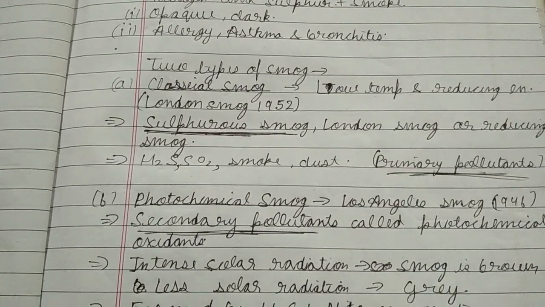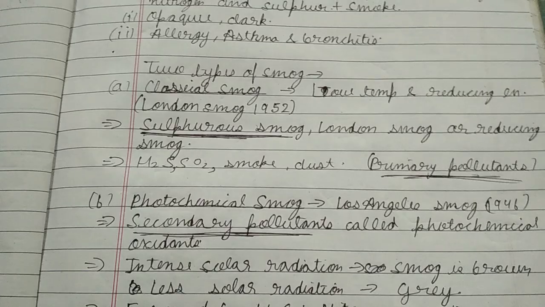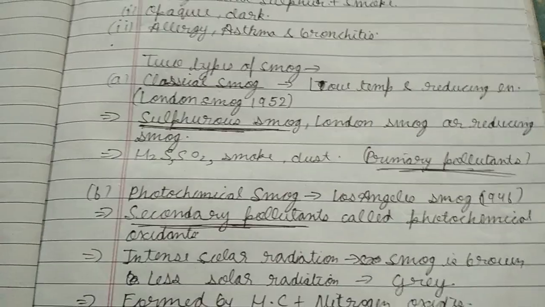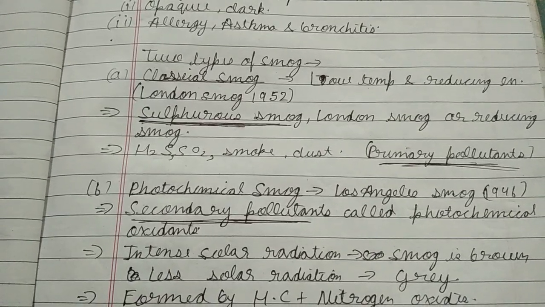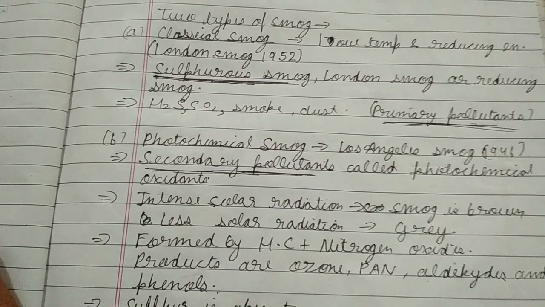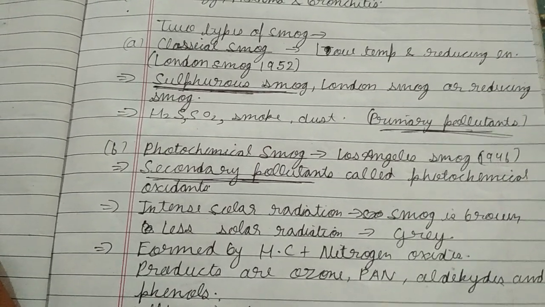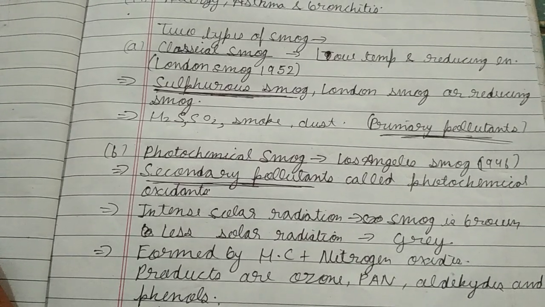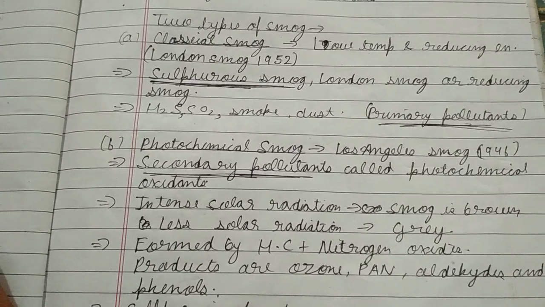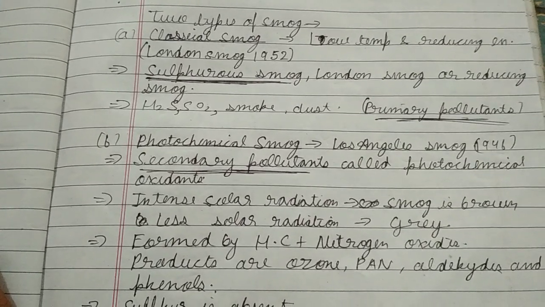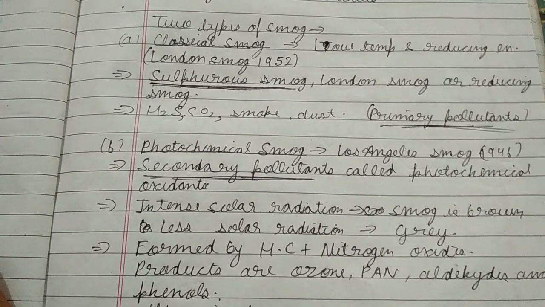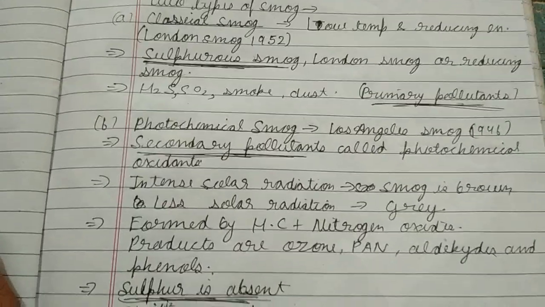Now photochemical smog. It is made up of secondary pollutants, also called Los Angeles smog, and it is brown when intense solar radiation is there, and it is gray when less solar radiation is there. So it is of two colors. It is formed by hydrocarbons in the presence of nitrogen oxides, and the products formed are ozone, PAN, aldehyde and phenol. So the three distinct points between classical and photochemical smog: